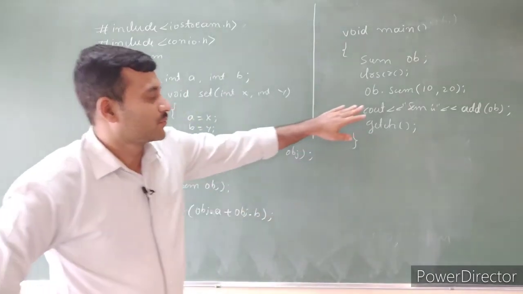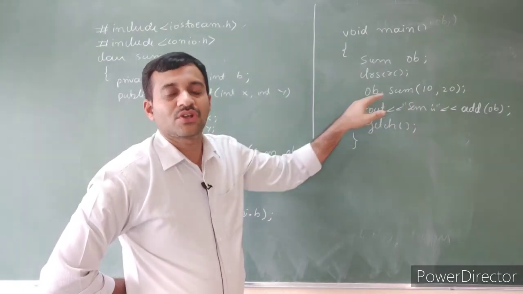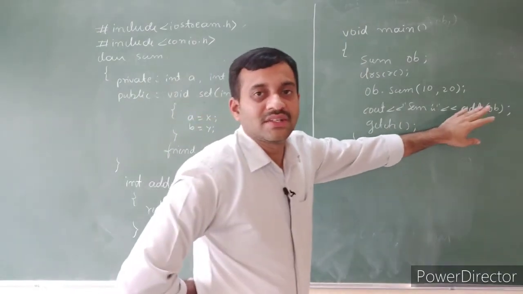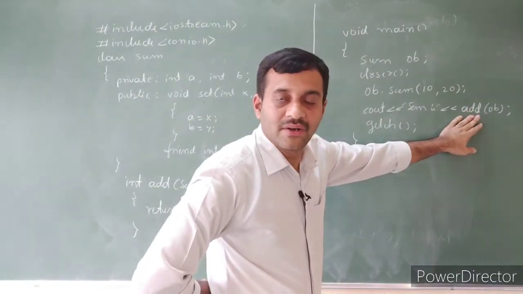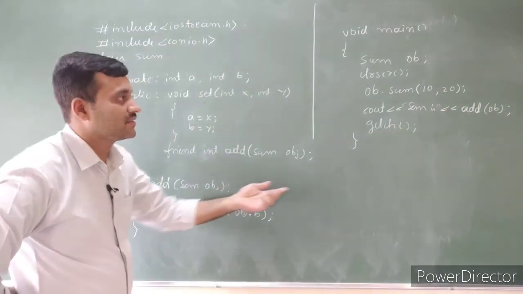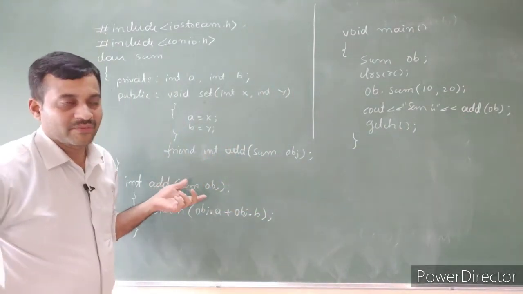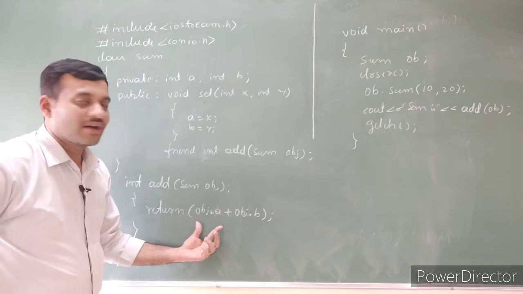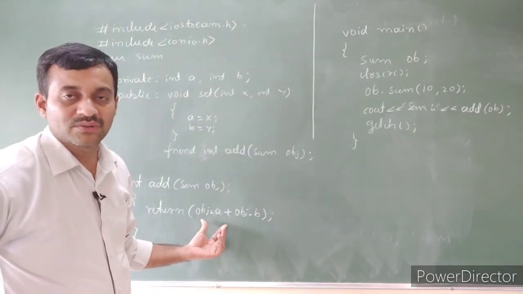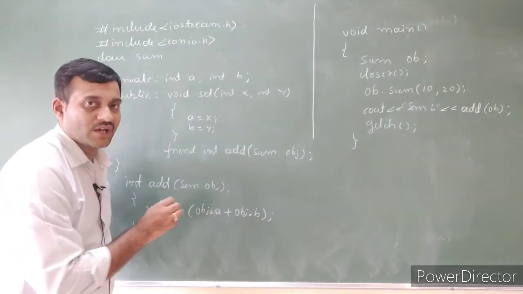See, to call the class members, we use the object, then the member access operator. But to call the friend function, we directly use the name of the friend function, then the parameter. But here the parameter is an object, hence we pass the object as a parameter. Then friend is a non-member function. While accessing the data members in the friend function, it uses the object. Only through the object can it access the data members using the object and member access operator.